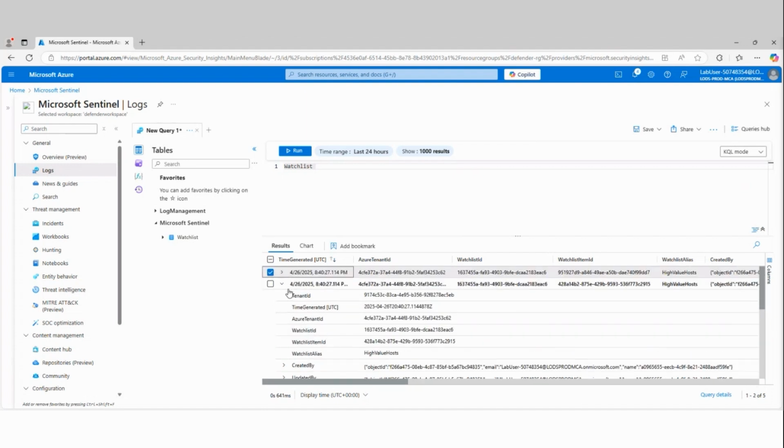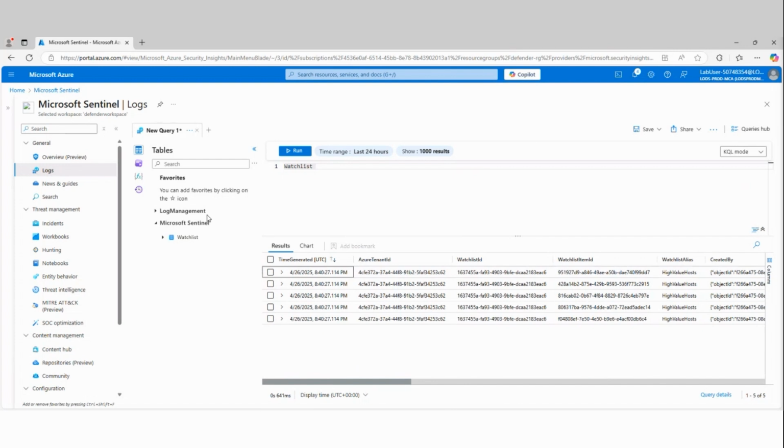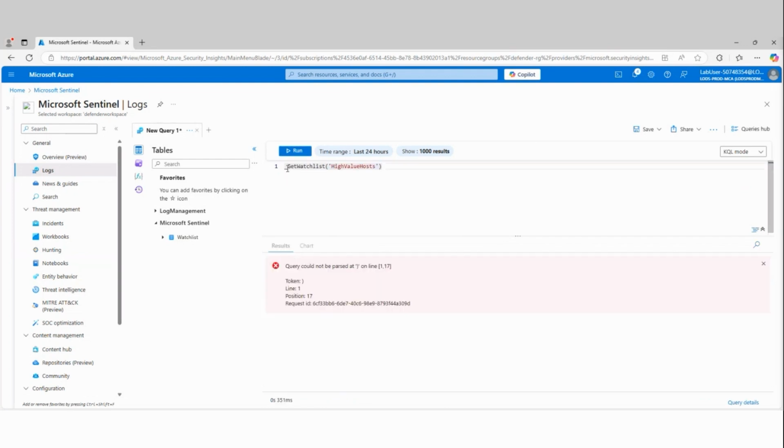The reason I bring this up is if the watch list doesn't show up in your log table, if that table doesn't show up, then you cannot run a query against it. That is important. So now that I've got that accomplished, when I run a KQL query, so let's say I create a query for something specific, then it'll go through and it'll run that watch list for me. So that's the benefit that you have.